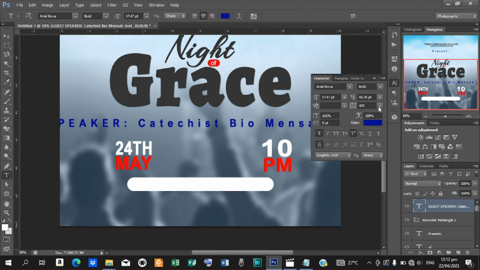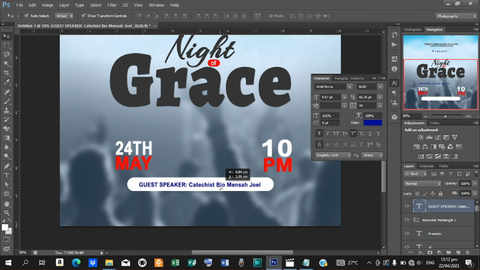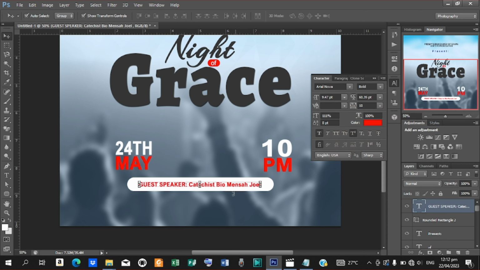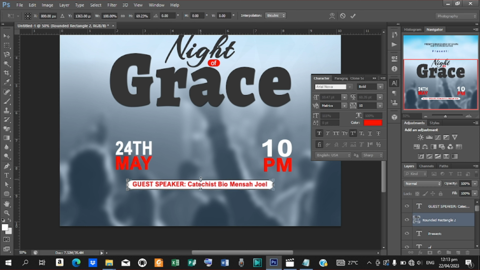Okay, now reduce the size. Let's reduce the size. Okay, and let's bring this inside here like this, and let's change the color to this and hit on OK. Now from here, let's position this properly, increase the height and the size, okay, to something like this. All right, now select the rounded rectangle and then this. All right,